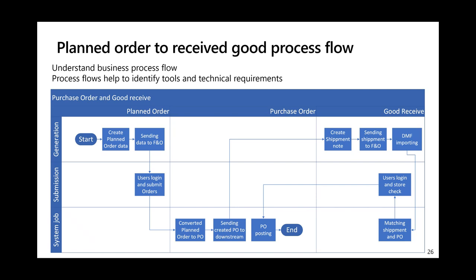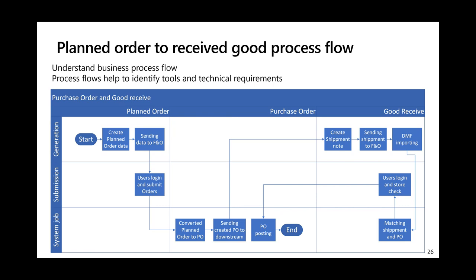The process flow can help me identify which tools or technical needs there are in development. For example, in the generation role, there should be a program to produce the data. It means I need to develop a program to generate the transactional data and send it to the system. In the submission role, it means I need to simulate the user activity for the submission. You can see in the detailed steps,